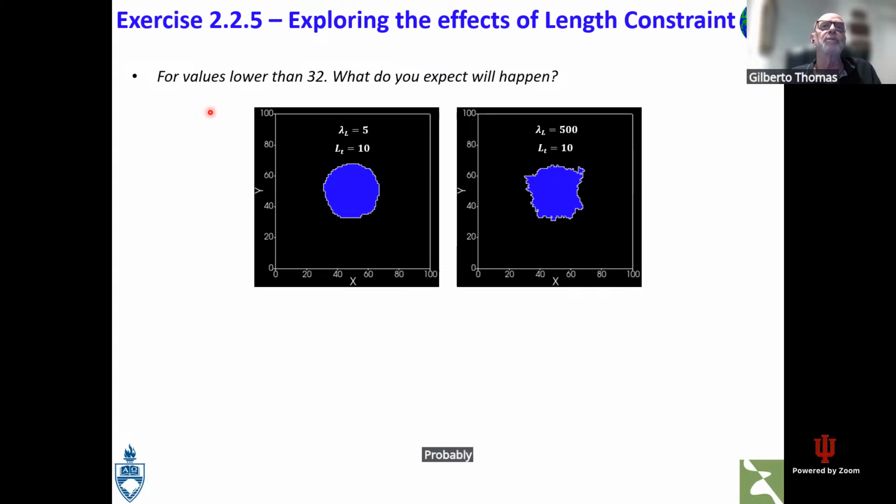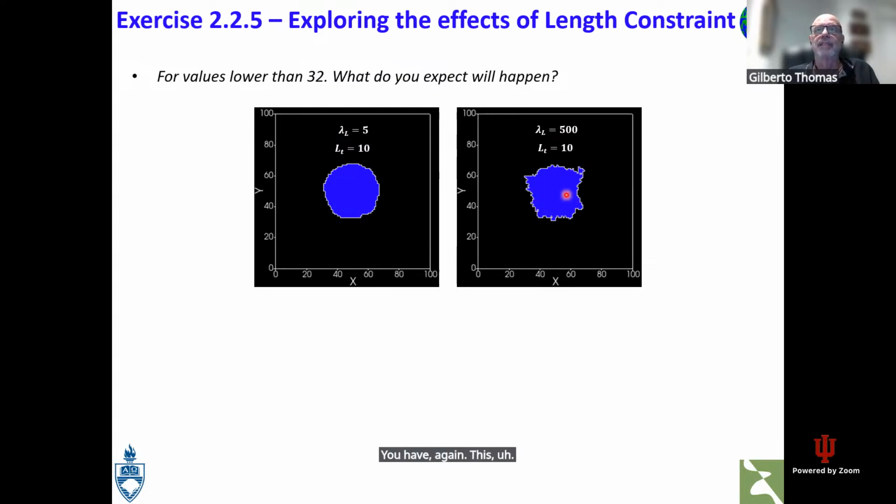Probably you will not have much effect in the shape of the cell, because the volume will keep the cell big, you know? So the volume constraint will prevail against the length constraint, the energy term, okay? But if you change the surface, the length constraint lambda, if you increase it, you have, again,